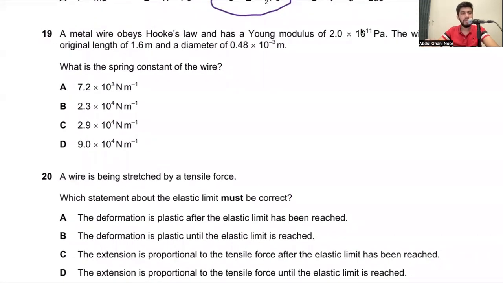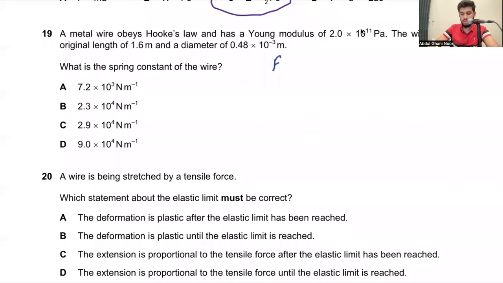Question 19 says a metal wire obeys Hooke's law and has a Young modulus of 2 into 10 to the power 11 pascals. The wire has an original length of 1.6 meters and a diameter of 0.48 into 10 to the power minus 3 meters. What is the spring constant of the wire? So